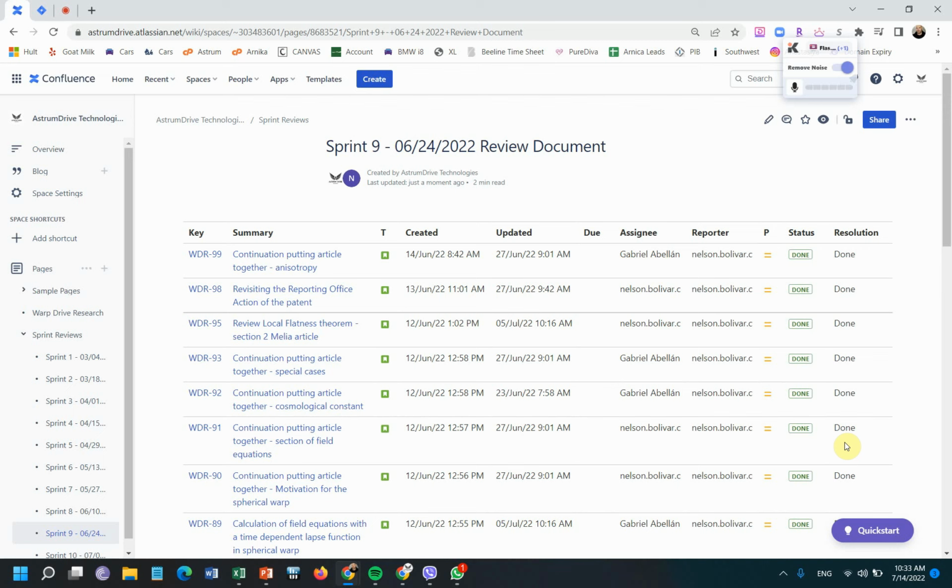We found the Killing equations. We implemented them in Mathematica. It was quite fun to do that, and then we figured out that our metric, this spherically symmetric warp drive,